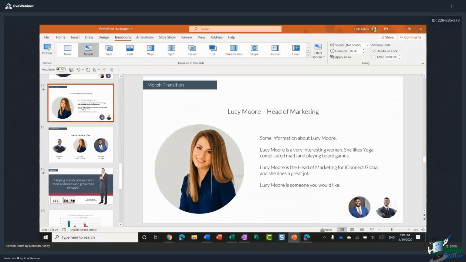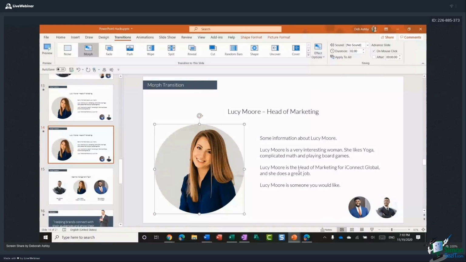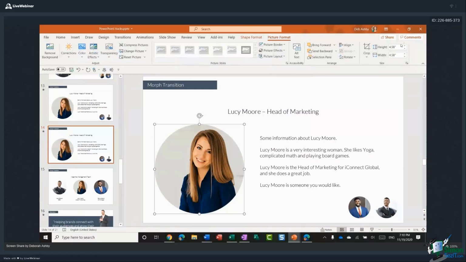All I did was duplicate the slide. And then I replace the images. So I want this one to be Darius. So I want this little image down here to be the same size as this one. So I'm going to jump up to Picture Format and just check the size that I have. And in this group, you can see the height and the width. So 458. So I'm going to select Darius and just change to 458.